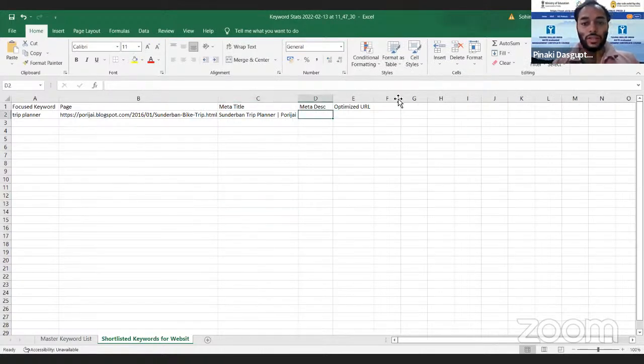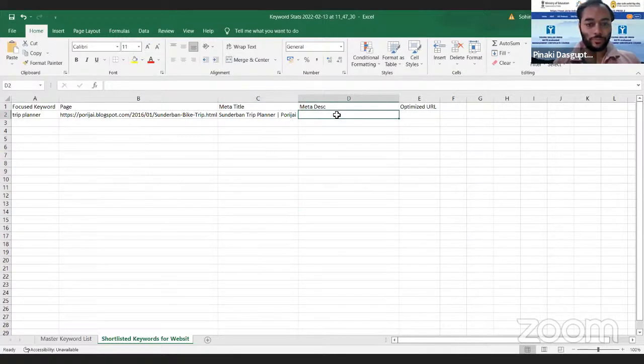And then I'm writing the description here. Looking for planning a trip to Sundarban.